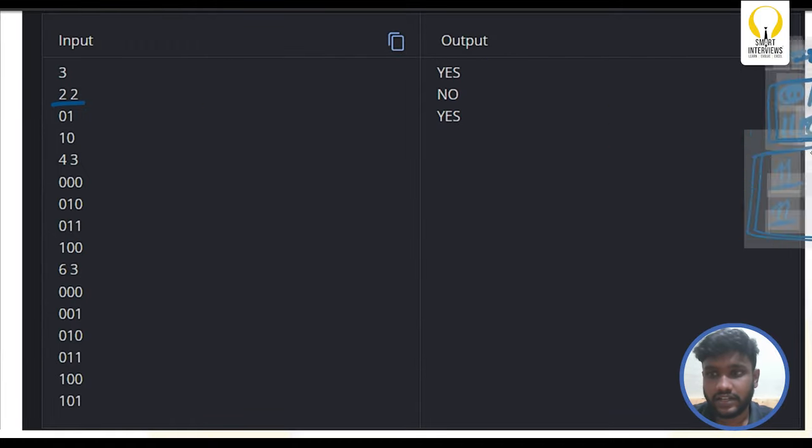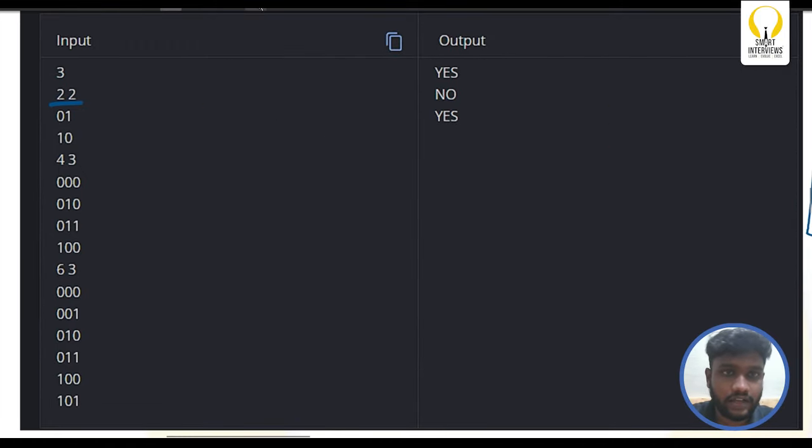Now let's look at the next test case, and it says no as the output. We have 000, so 0, 010, so this is 2, 011 is nothing but 3, and next 100, this is nothing but 4. We have 4 values. Now using this, can we generate 1? Because we are using OR,